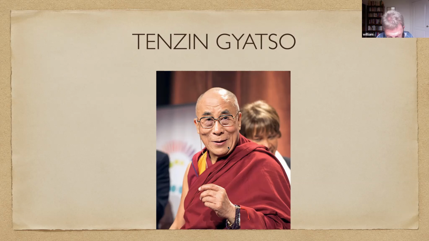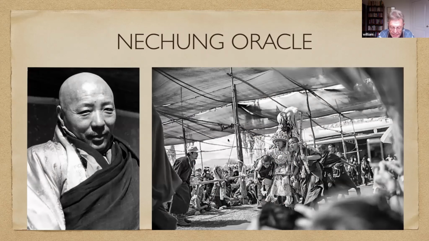In any case, let me just say a little bit about this selection process because it's kind of fascinating. When a Dalai Lama dies, there's a process of trying to find his reincarnation, because the next Dalai Lama is believed to be a reincarnation of the past Dalai Lama. The first thing that is done is the leading lamas, and that term is used for the hierarchy, so there's the Dalai Lama, and under him are a variety of different lamas. What is called the Nechung Oracle is consulted.